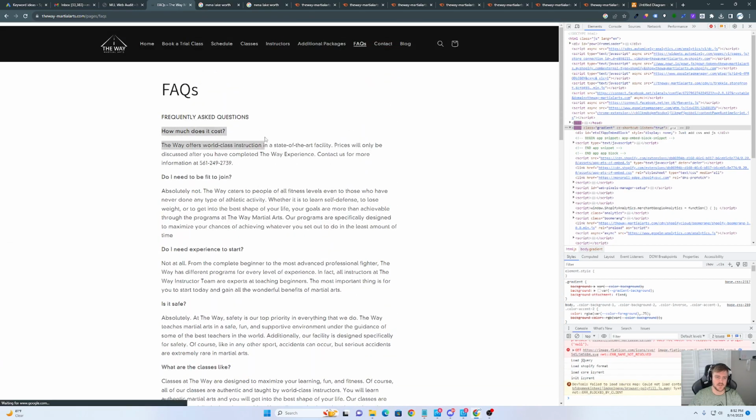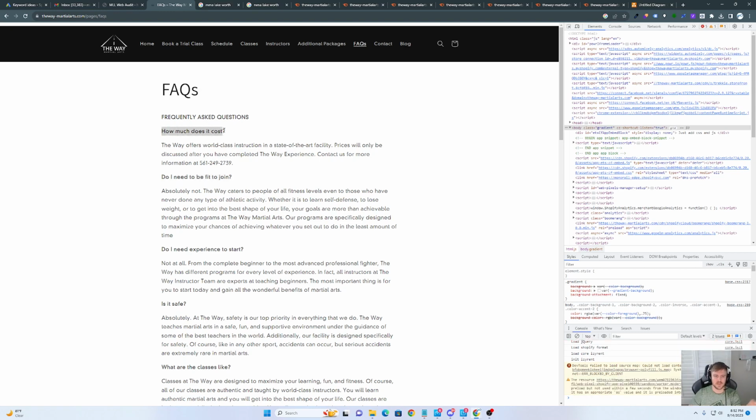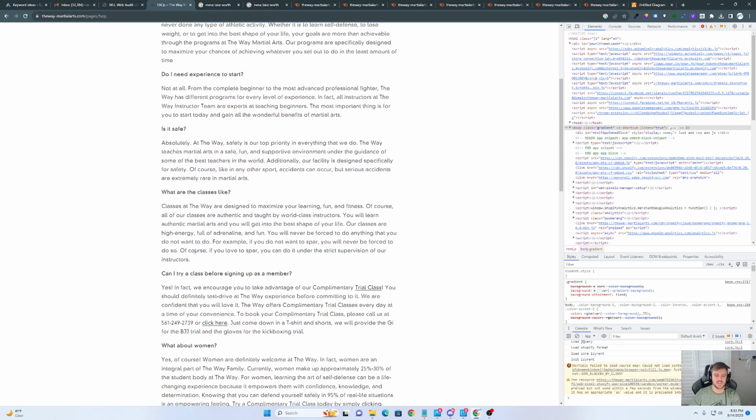So right here, these need to be like one single. Think about it as like an accordion folder, and this is like compressed, and all you see is how much does it cost. They click on it, and then it expands, and then they can see the lettering underneath. All of these need to be that way because